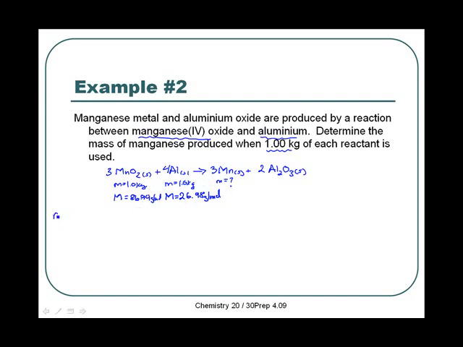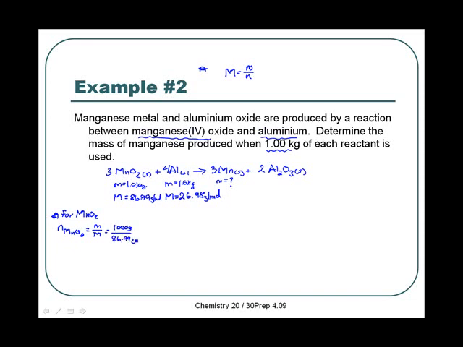So for manganese oxide, we would say the number of moles of manganese oxide. And now I gotta write down my formulas before I forget. Because all of these are molar mass calculations, the only formula we really need is moles is equal to mass over molar mass, and then it's just different manipulations of that formula. So the number of moles of manganese oxide is equal to mass over molar mass. So 1 kilogram would be 1,000 grams divided by